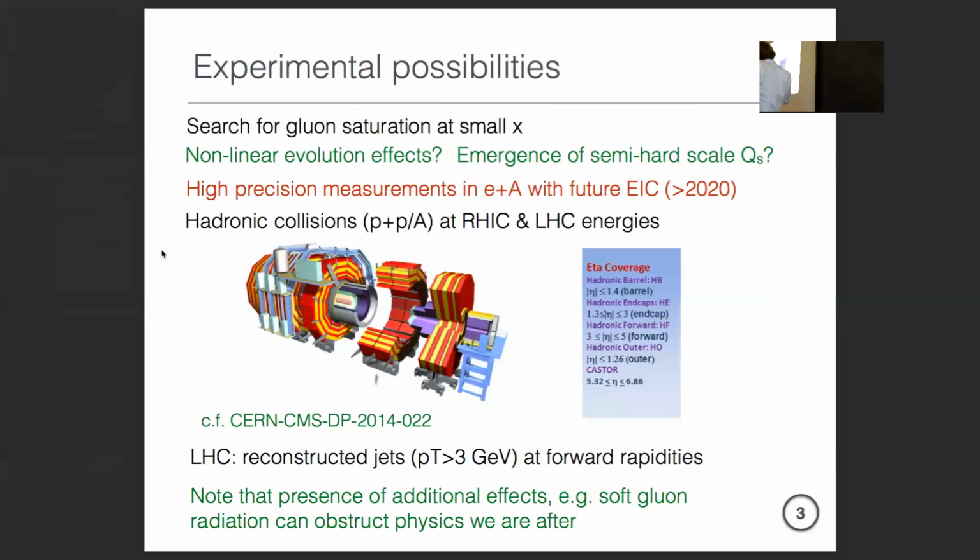The point I want to make is that this is actually fantastic for the kind of physics that we want to look at. First of all, we can go very far forward, and we can apparently measure jets there. Not only that, but they also have a sort of continuous coverage here. So you can do all kinds of crazy things, like one jet in CASTOR and then start looking for the other jet somewhere else. I think this is not being fully explored yet, but there's a wealth of interesting opportunities to look at.